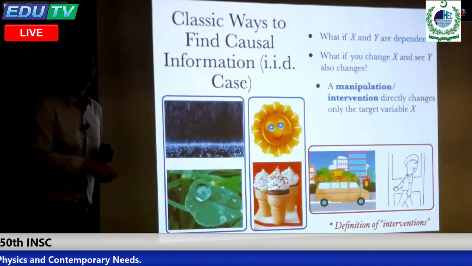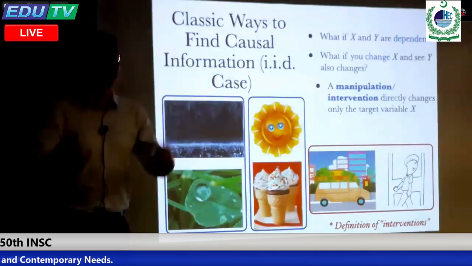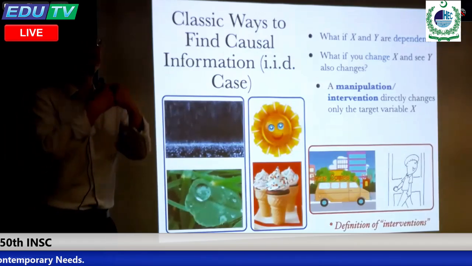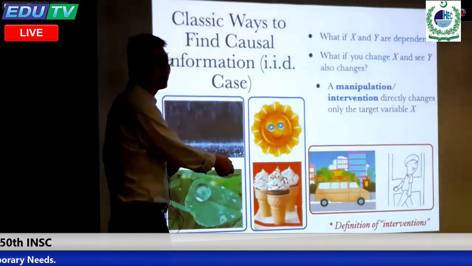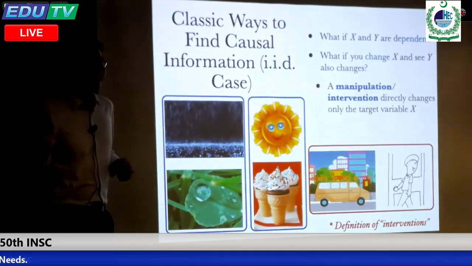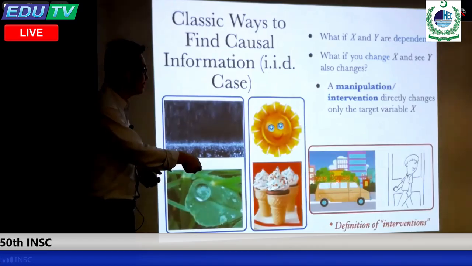So here, let's do intervention. Suppose the bus is coming right here. I just jump in front of the bus, right? Hopefully the bus will stop. This is intervention because I directly change the bus without directly changing this guy. Now you can see this guy will still leave home as usual, right? Because the guy cannot see it. So clearly this is not a cause.